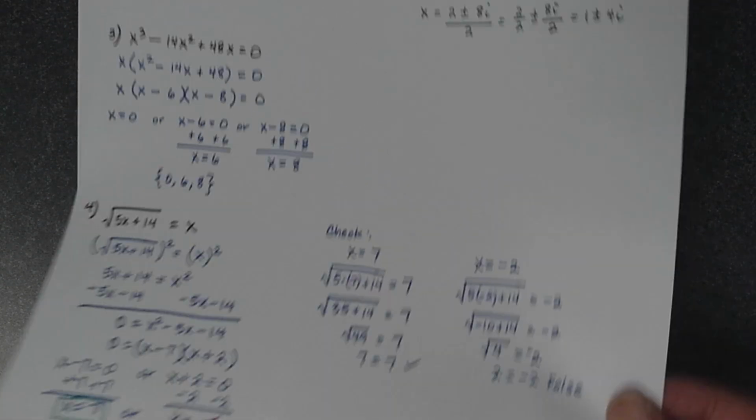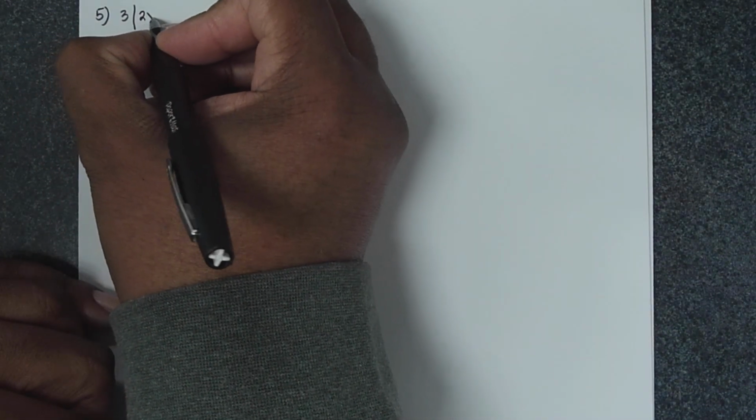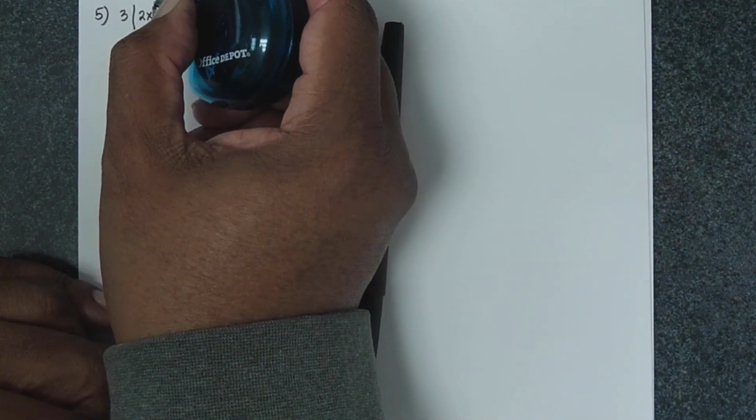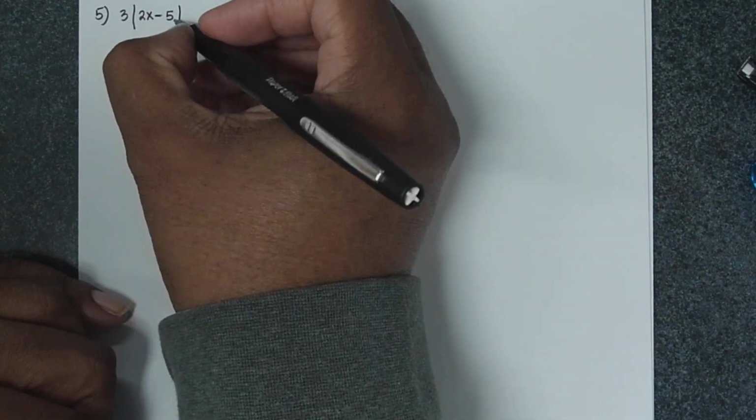All right, now on to problem number 5. Here we got the absolute value equation here. Absolute value of 3 times the absolute value of 2x minus 5 plus 4 is equal to 25. So I'll go ahead and write that down. I'm sorry, 2x minus 5 plus 4